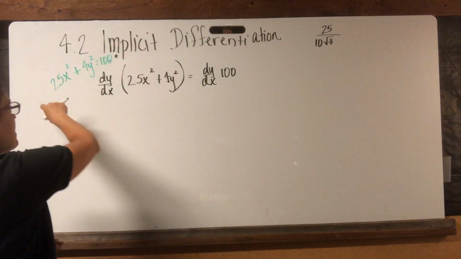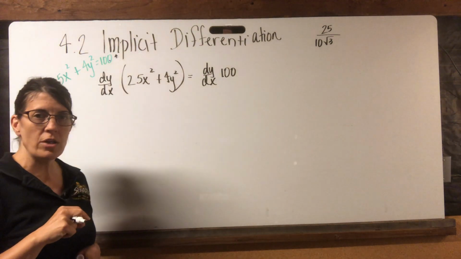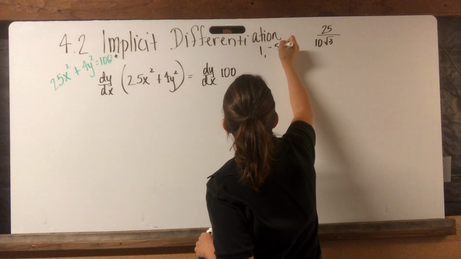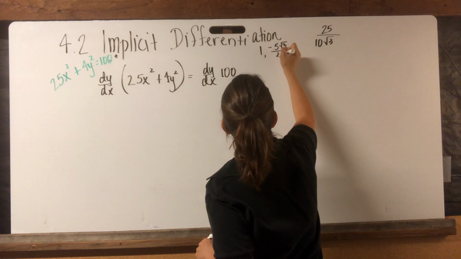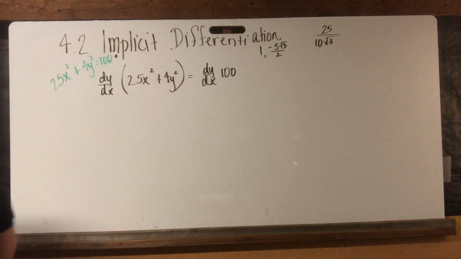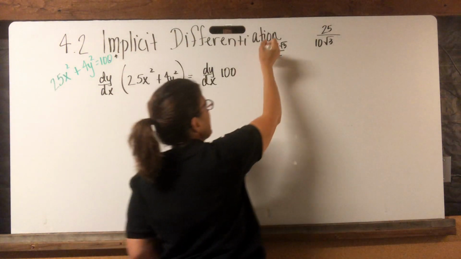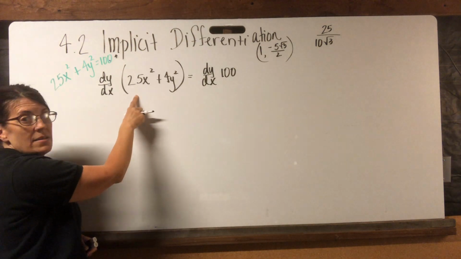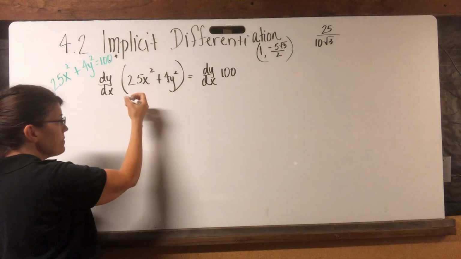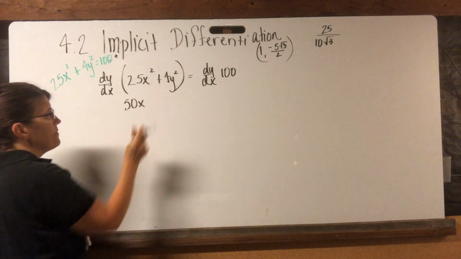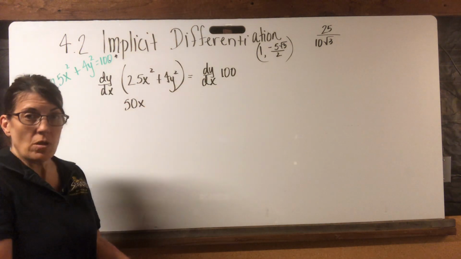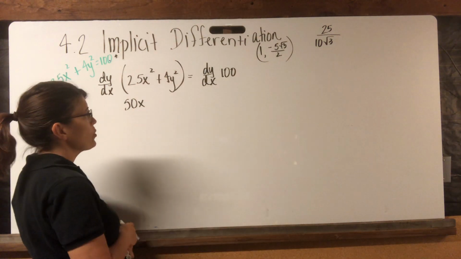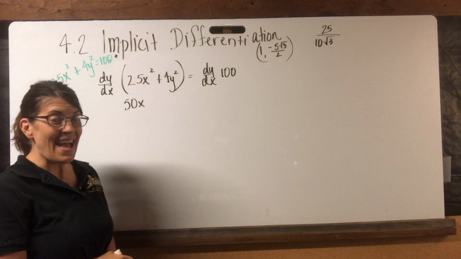This was the very original function before we started, and the point was 1, negative 5 root 3 over 2. The derivative with respect to x of 25x squared is simply 50x. Okay. The derivative of 4y squared with respect to x,